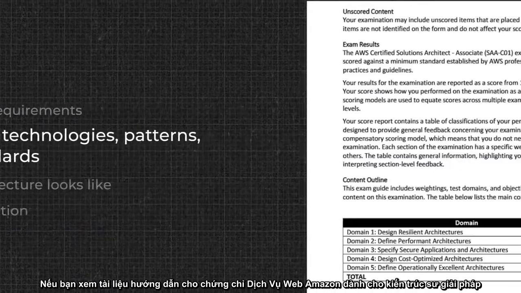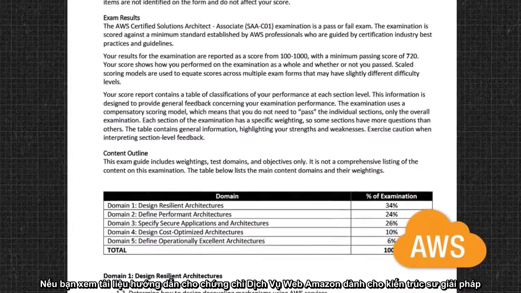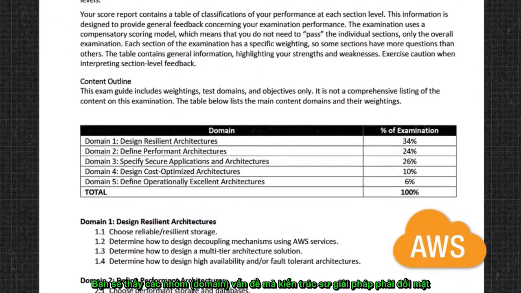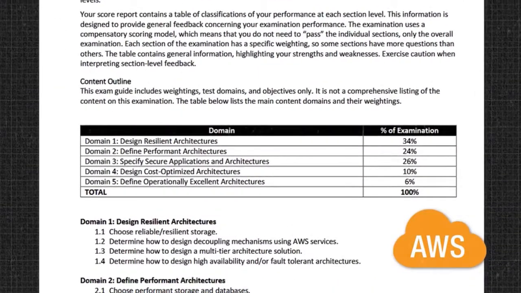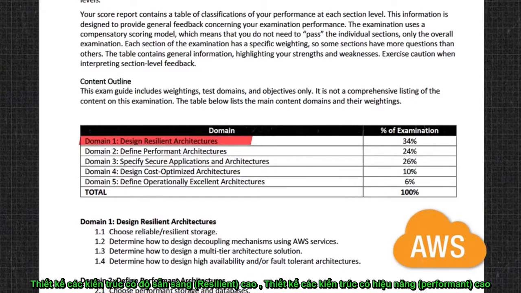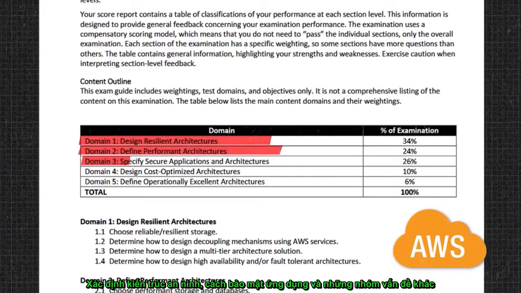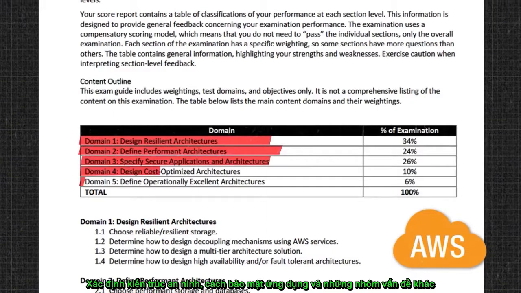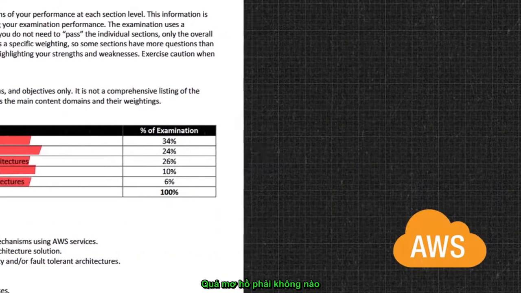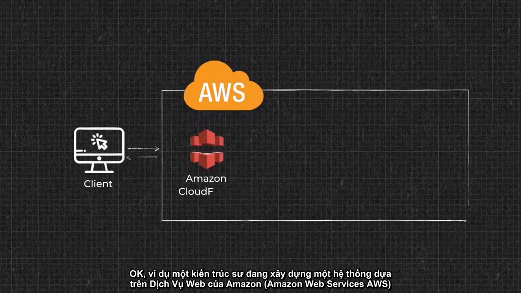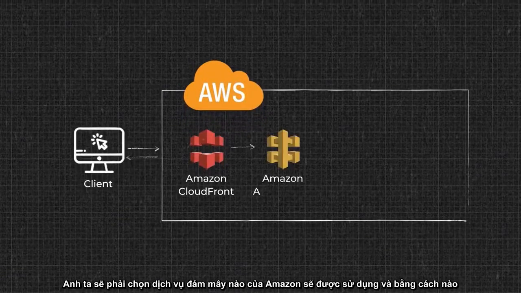If you look at the Amazon Web Services Certification Exam Guide for Solution Architects, you'll get the idea of the problem domains that this person faces. Designing resilient architectures, defining performant architectures, specifying secure architectures, and so on. Too vague, right? Okay, for example,